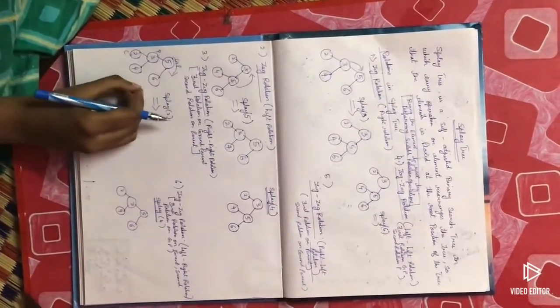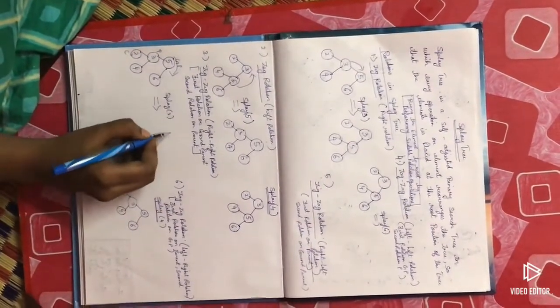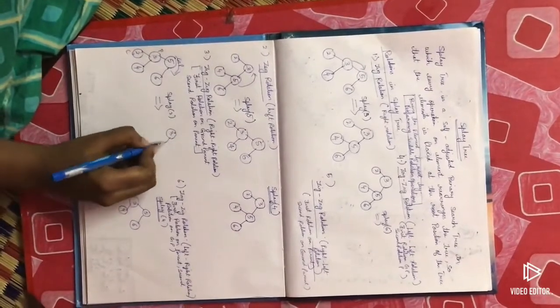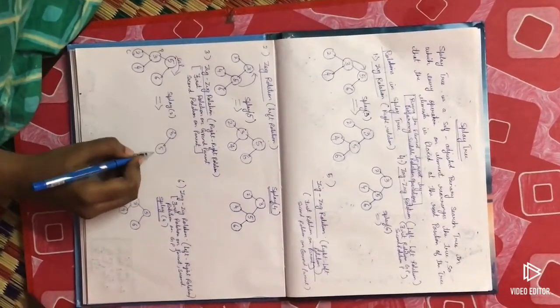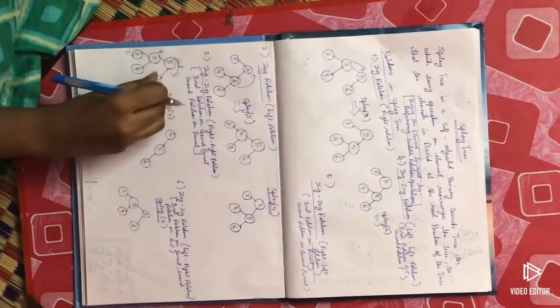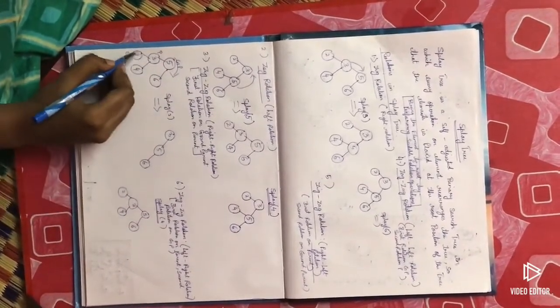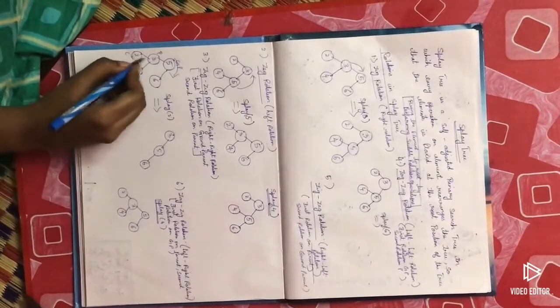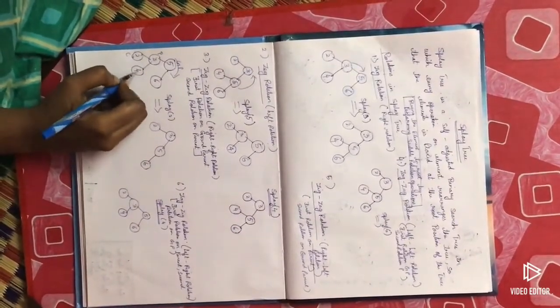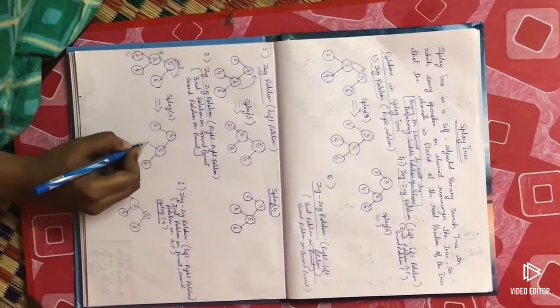So if I pull this grandparent to the right side, what will happen? This 3 will go to the root, 5 will come here, and 6 will go here. So I have rotated this side. Okay, so at the right of 2, what is here? At the right of 3, what is there? 2 is there, and at the right of 3, what is there? 4. So I am writing here.